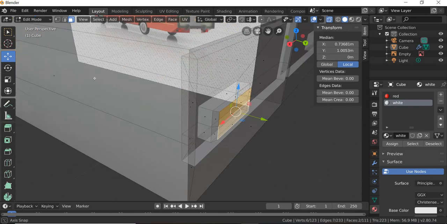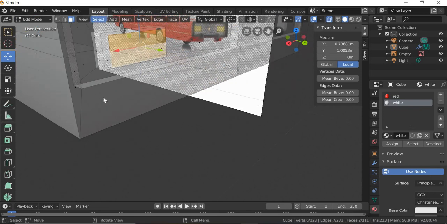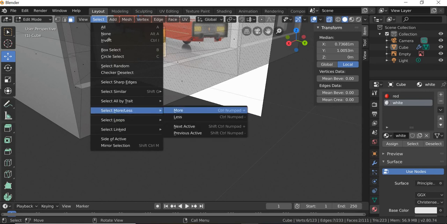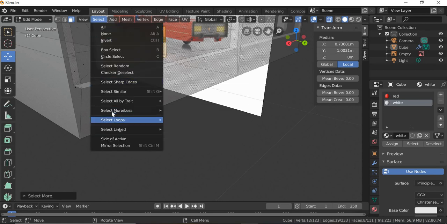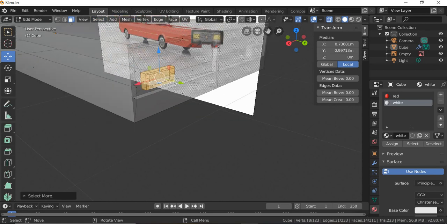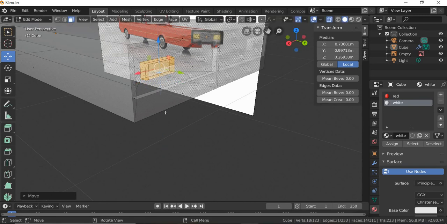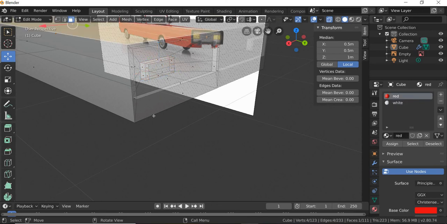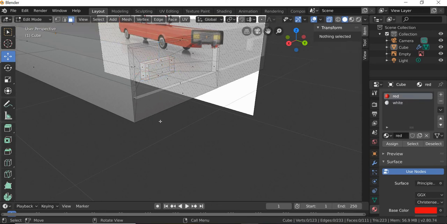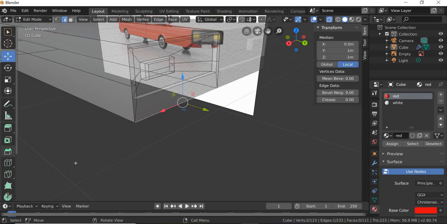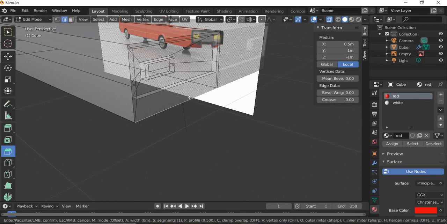Select these two, and then we will have to select again, same thing, more, select more and move it up. And then we can select this edge, bevel it,